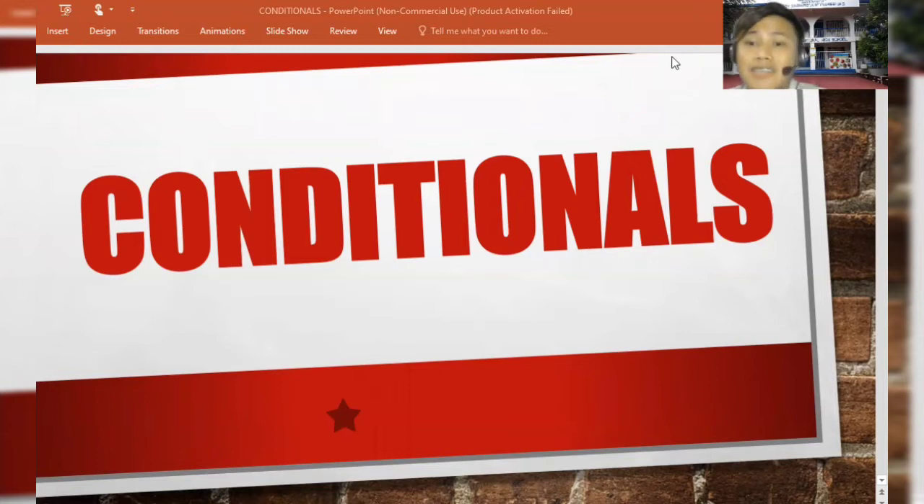So as you can see on your screen is the word conditionals, right? So for today, we will be learning about conditionals. Perhaps most of you are quite unfamiliar with the word that you are seeing on your screen. Well, maybe some of you have a hint of what is the topic that we are going to tackle this morning. So before we move on to that, let us first have our